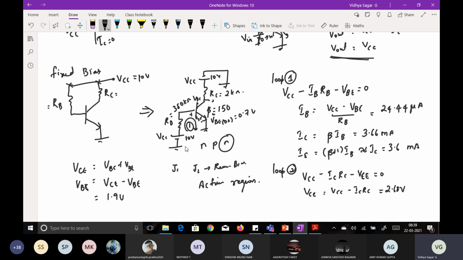Clear? So now coming to your operating point. So now I directly say it is operating in active region. So we have to fix a point. Once I say that I have fixed a particular point at the center itself. As your transistor had different beta values, it is not always the same. I have approximated to 150. So if the beta value is 100,